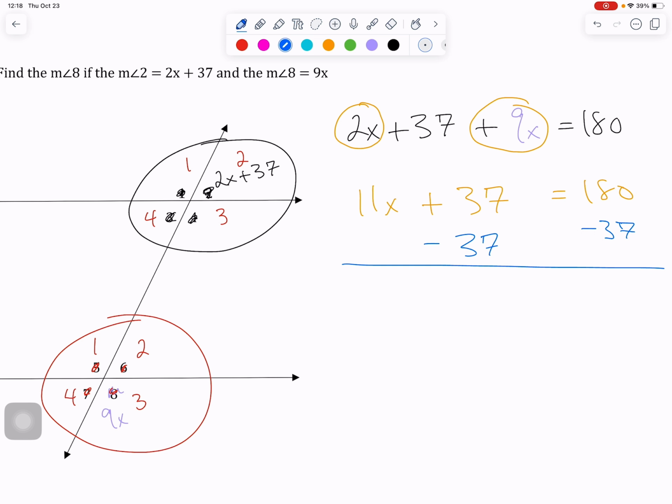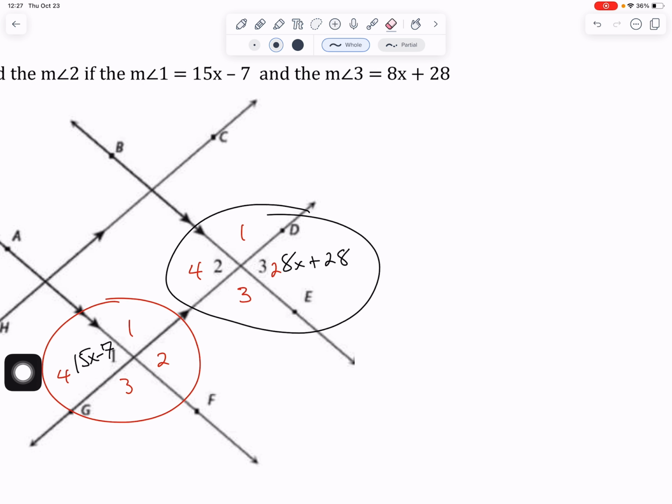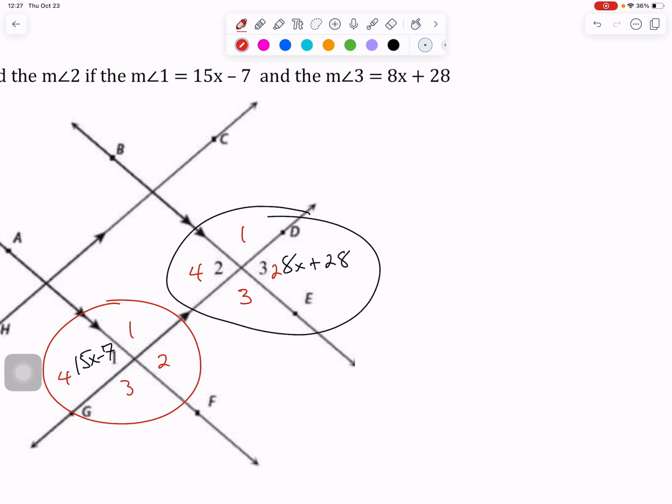Now, if we look at the angles that it wanted, measurement of angle 2, 1, and 3. Their original 2 is here. Their original 3, hold on, let me just do this. And their original 1 is here. So this is represented by an even number. 2 is represented by an even number. And this 1 is also represented by an even number. All 3 of the angles they're giving us are equal angles. So when we set this up, we are just going to set it up as